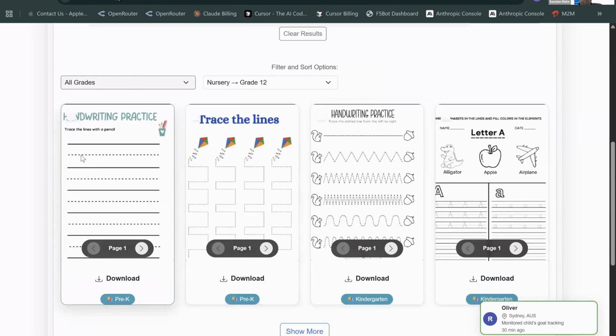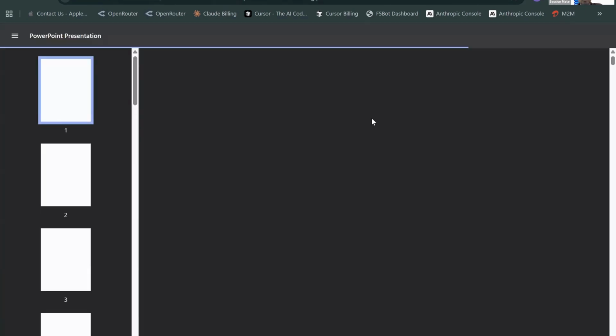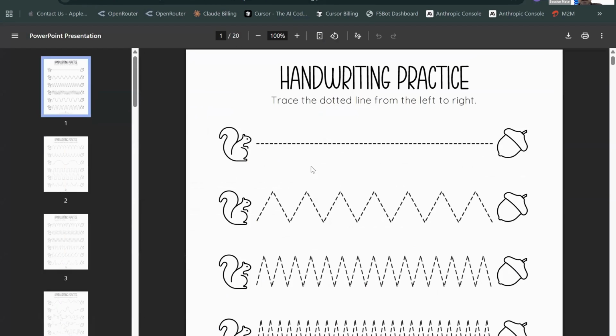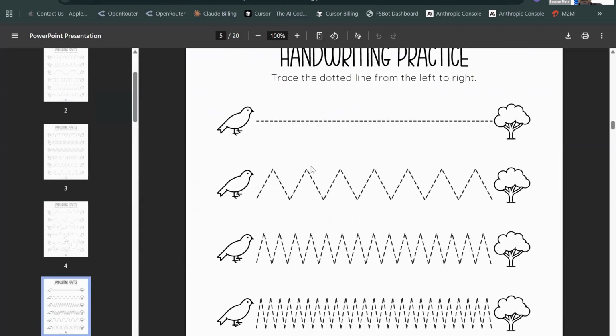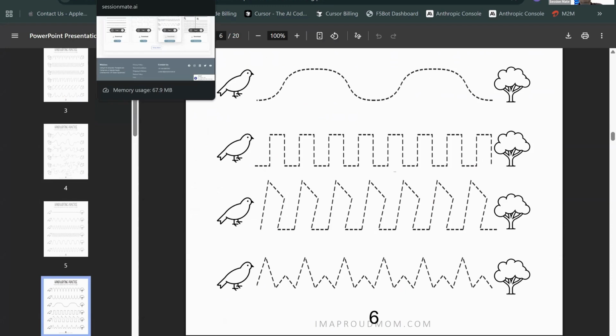For example, this is a simple tracing the line. You can download this here. You can download the curvy line, the non-linear lines. For example, I want to download this. Go ahead, download it. This has 20 pages, different line formation practices. You can see all types of practices are here. And you can download it here, and then you can